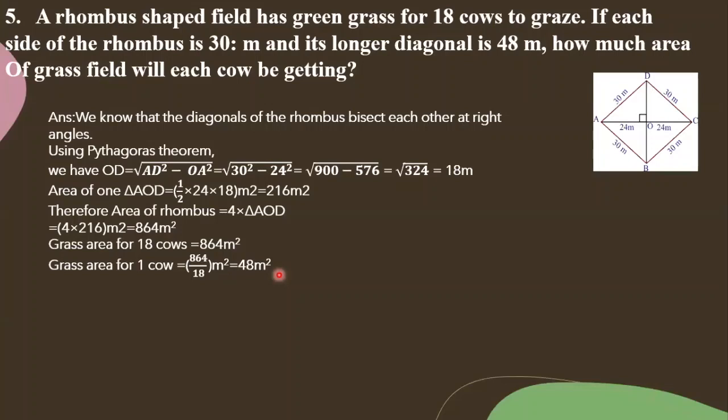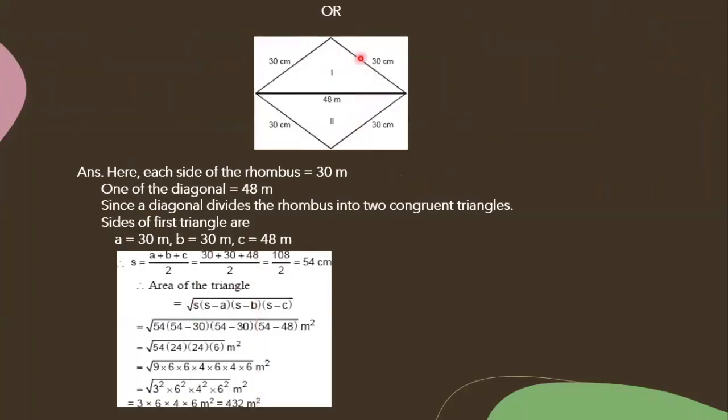Yes, Ajay. Ma'am, instead of dividing into four, we can divide it into 2 triangles, no, ma'am. That way also, if you divide, I'll show you here. See, you are telling in this way, right? Rhombus is divided into 2 parts. Then area of this triangle plus area of this triangle by using Heron's formula and add it. That is also right.